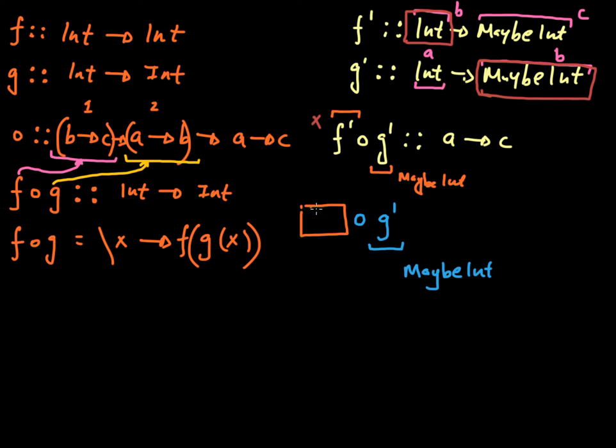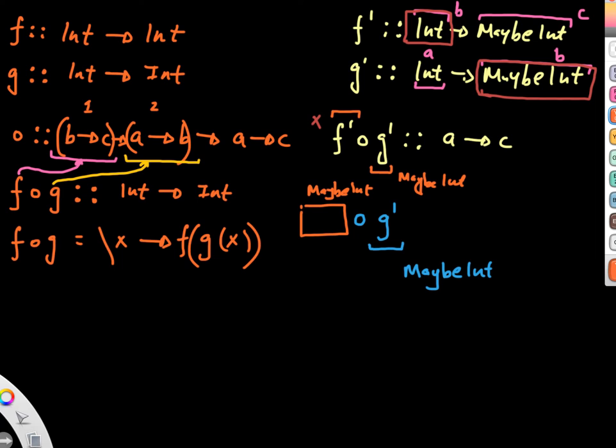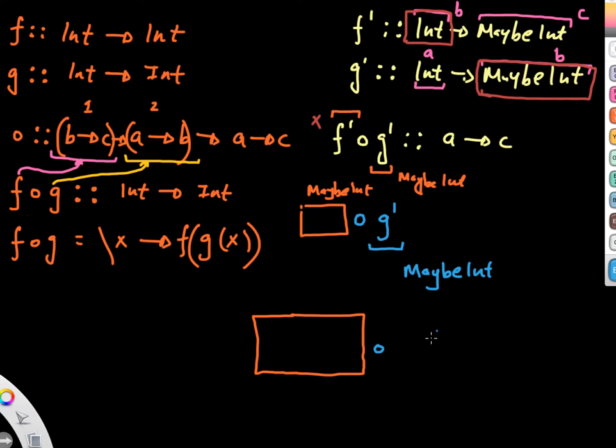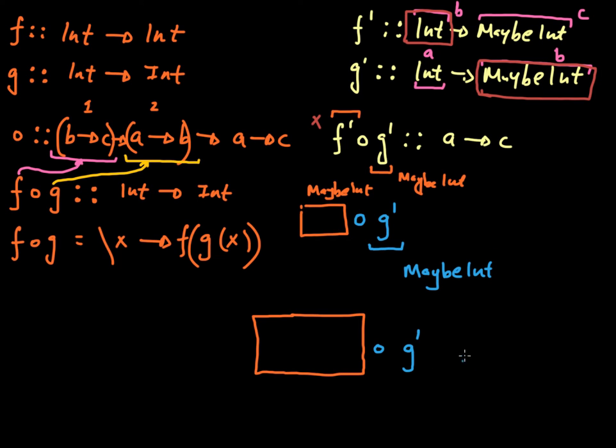So somehow, if I can get this orange box to take in as an input a maybe integer, then I have a type match where this function composition is actually going to succeed there. So what should I do in this orange box? I'm just going to rewrite this orange box a little bit bigger here. Whatever that orange box is going to be, let's put a function composition again there, and let's put a g prime. This piece in orange is going to take in as an input